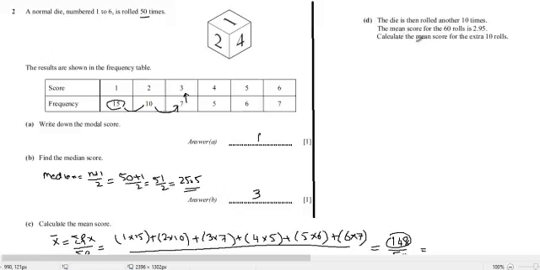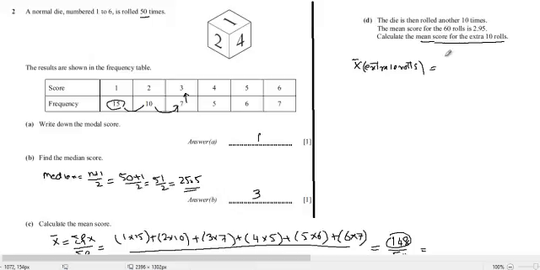We have to find the mean score for the extra 10 rolls. Now how to find the mean for the extra 10 rolls? We know that the mean for the extra 10 rolls, we can write it in brackets, extra 10 rolls,